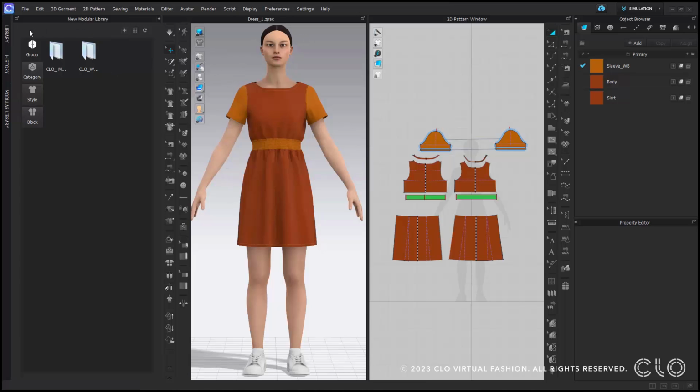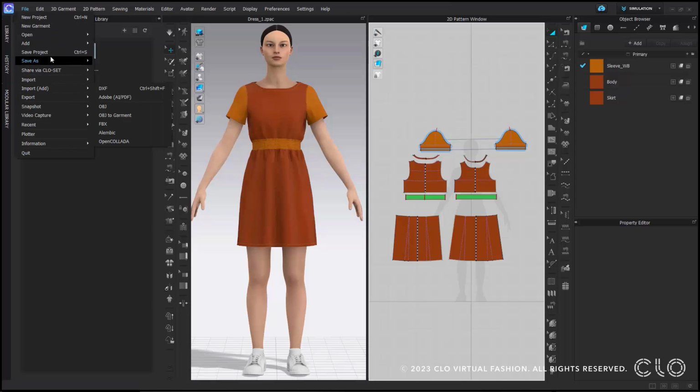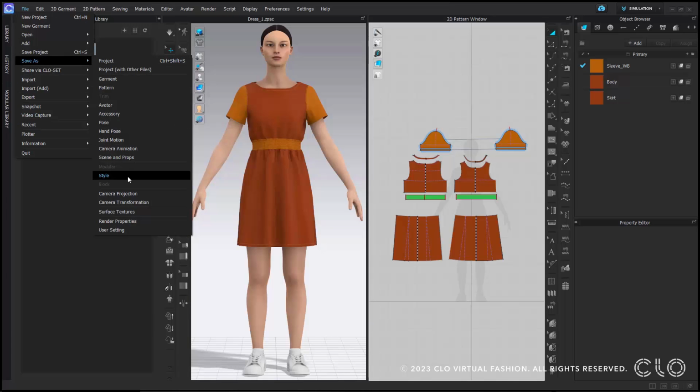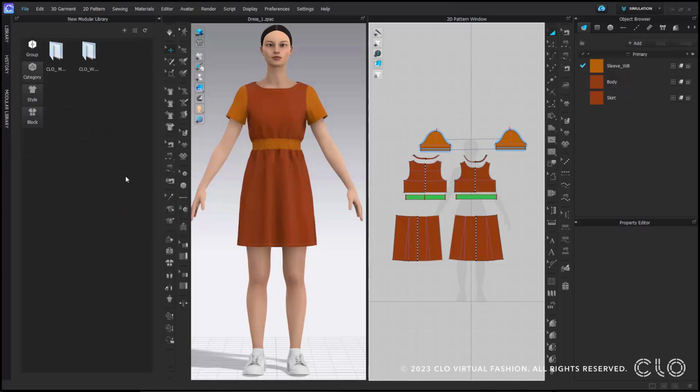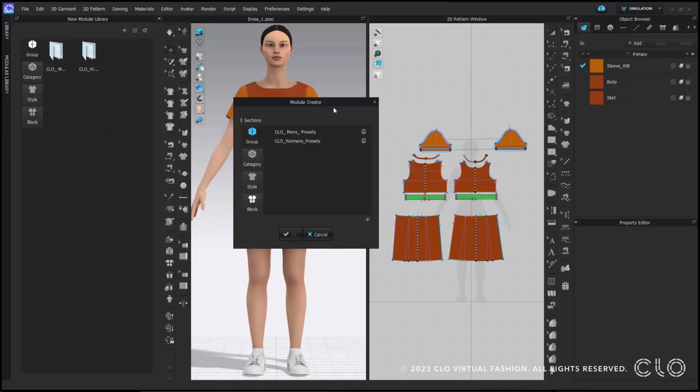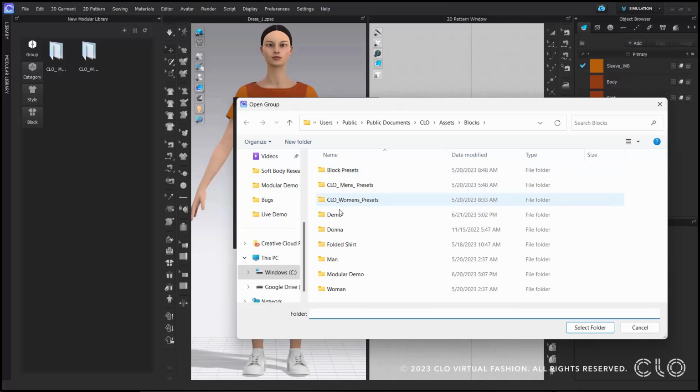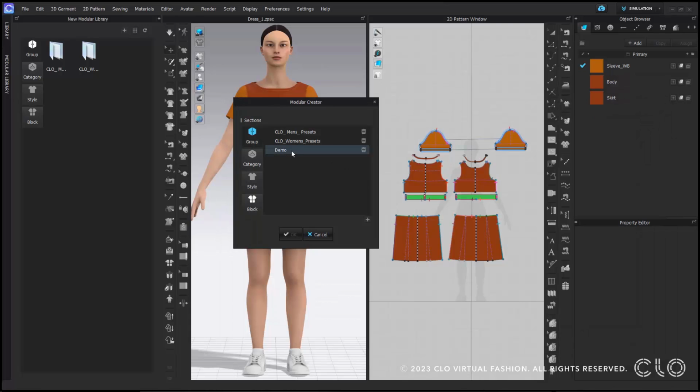And to create a new modular block from this, we just need to go to File, Save as, Style. Now when you select that, this new modular creator will come up. So you can decide to use any of the groups that you see here, or you can use the plus icon to bring in your own group. This will then browse your computer finder where you can select the folder to bring in. And once you do have it there, simply select it, and then we can move on to the rest, beginning